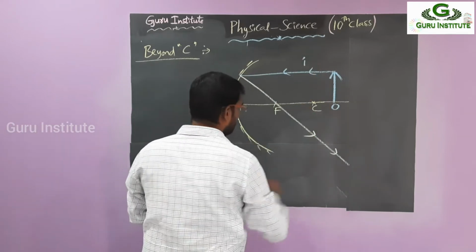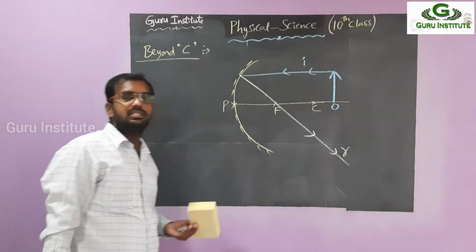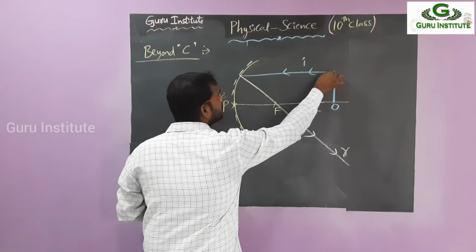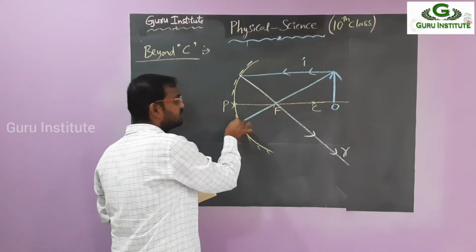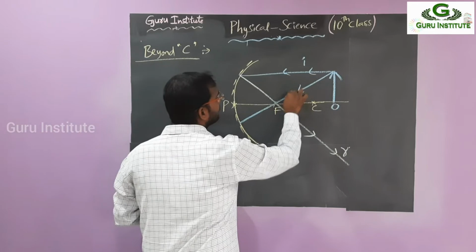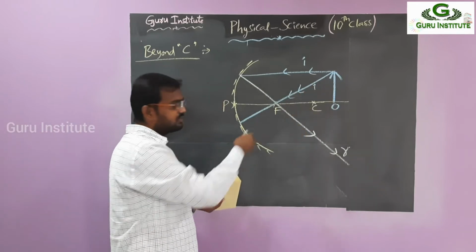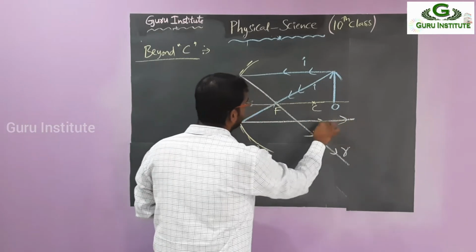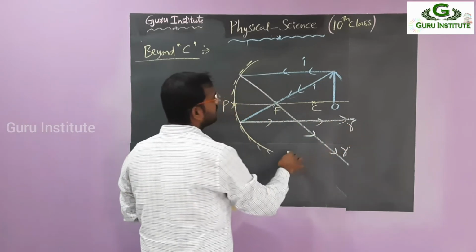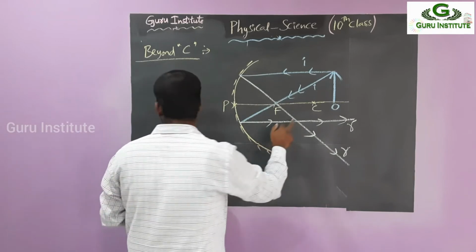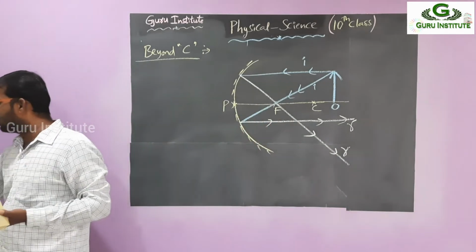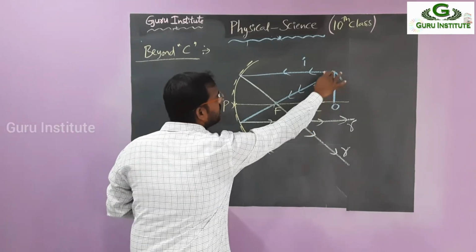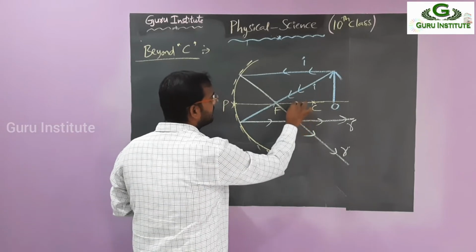This is the reflected ray. Wherever the reflected ray meets, there only the image is formed. So then the second one, passing through focus. What is the passing through focus? It is always vice versa, right? So parallel to principal axis. So this is a reflected ray. Here the 2 reflected rays are meeting here. So that's why we have taken there only. So the top is placed here. So that's why the image is like this.